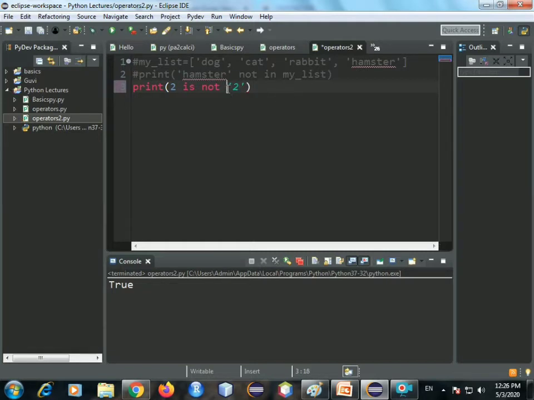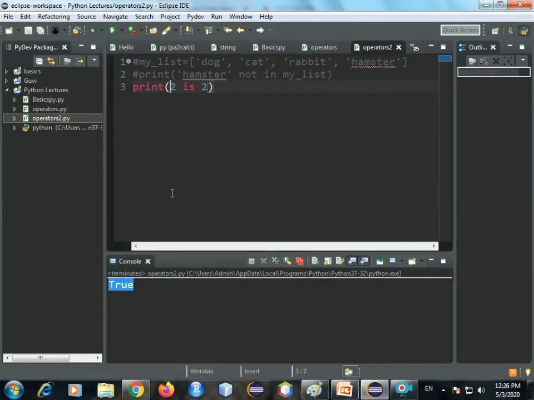In case you have noticed, I have given this 2 in quotes. This 2 is a simple integer number and this is a string. So the integer class and the string class are obviously not the same. The identity is not the same, so it is going to give us a false. But now if I remove the quotes and make it an integer, this should give me true. See, you get a true.